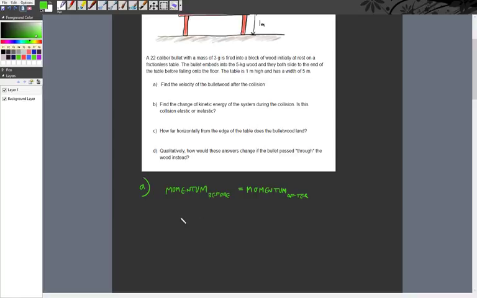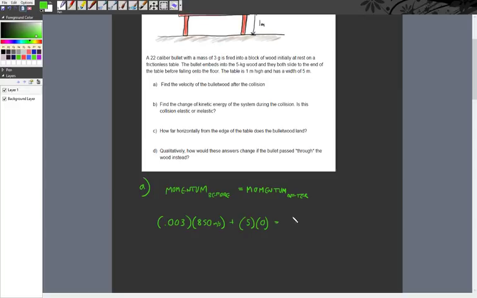All we have to do is find the sum of mass times velocity before and after. For the bullet, the mass is 3 grams, so 0.003 kilograms, times a velocity of positive 850 meters per second, plus the mass of the block, which is 5 kilograms, times the block's velocity, which is 0 meters per second,